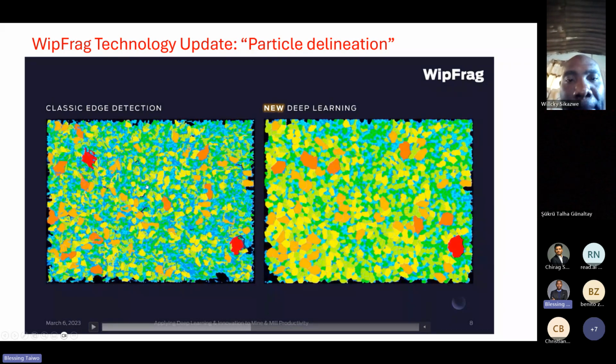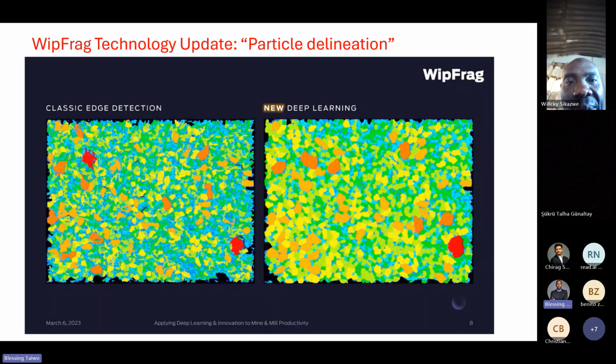This is an algorithm that allows blasters to calculate or estimate the sizes of each of the rocks in the blast using a combination of numbers to estimate the edges of the particles. So there are two major issues with this algorithm in the beginning. The first issue is that there is a lot of disintegration. Disintegration in image analysis technology is when the technology detects a single particle as multiple.